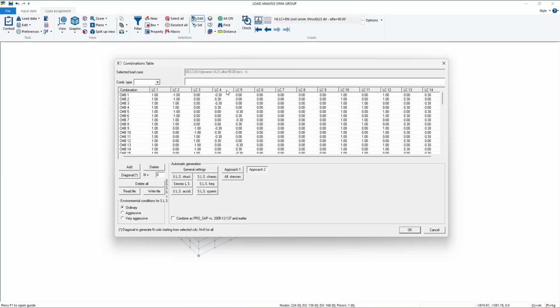Based on the Italian rules, we also have the same seismic dynamic load in the orthogonal direction multiplied by 0.3, so 30% of the action in the orthogonal direction.